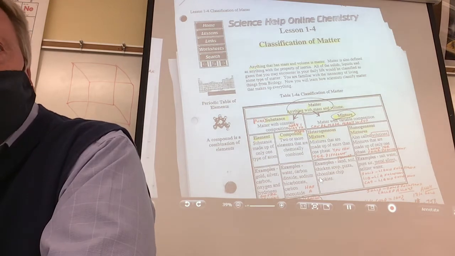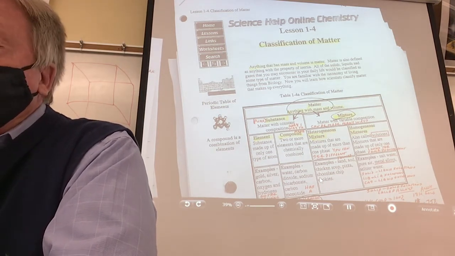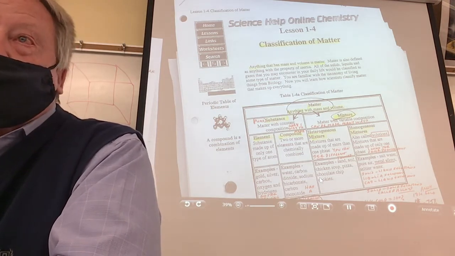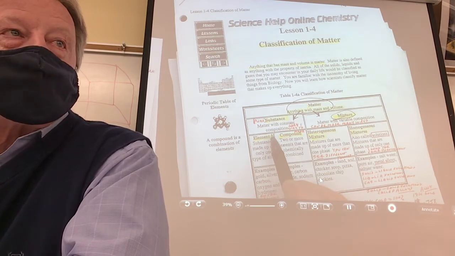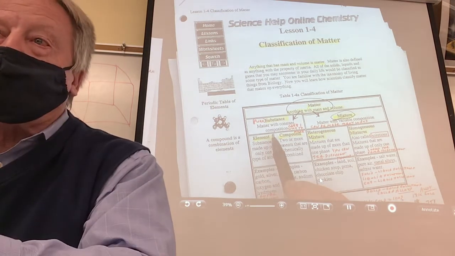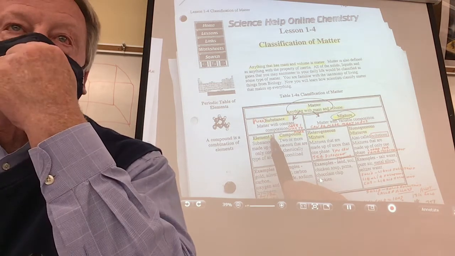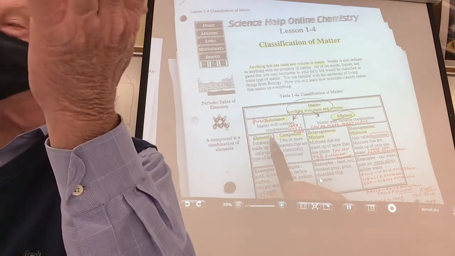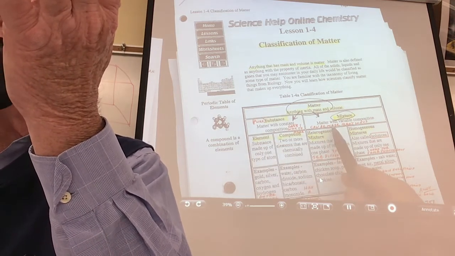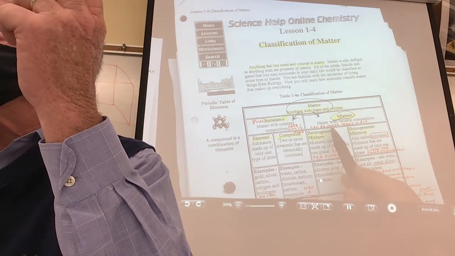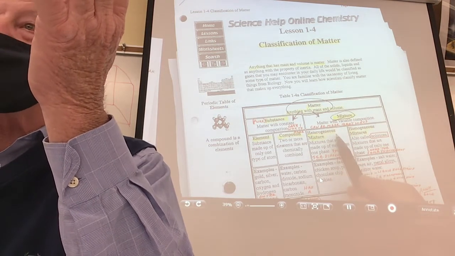There's only like one way to make a substance. That's right. Different ways to make a mixture. To be fancy in the book, they'll say, has a constant composition. Well, to unfold that, he said, there's only one way to make it. How many ways can you make water? One way. One, 2 H's and an O. Got that? How many ways can you make a salad? Many ways. How many ways can you make a pizza? Many ways. How many ways can you make coffee?